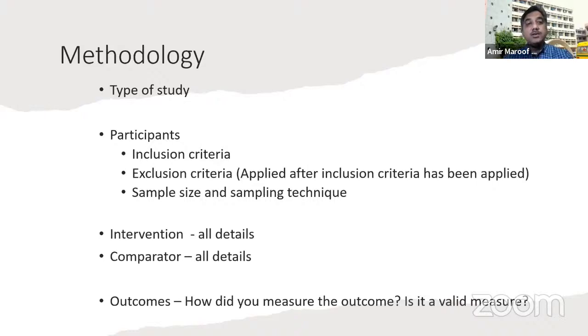So these are the various things that are included in methodology. Basically, the PICO format is to be followed. All definitions should be given in detail. Nothing should be left to imagination. And if you are using certain standard treatment, for example, for tuberculosis, you can say the National Tuberculosis Control Program related guidelines were used. So then